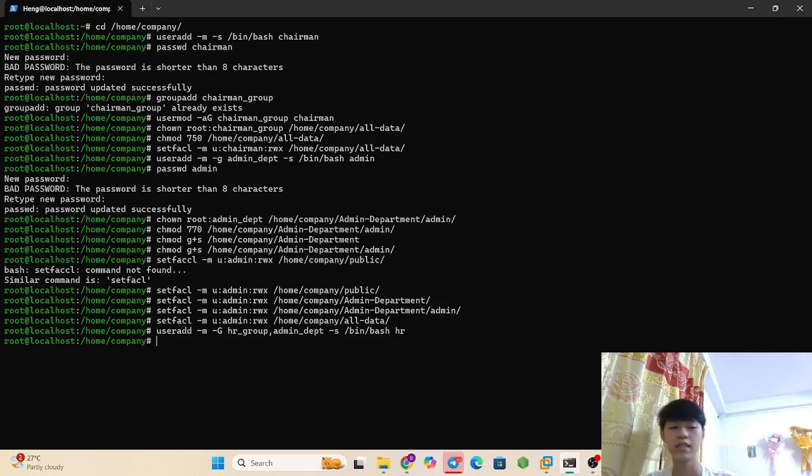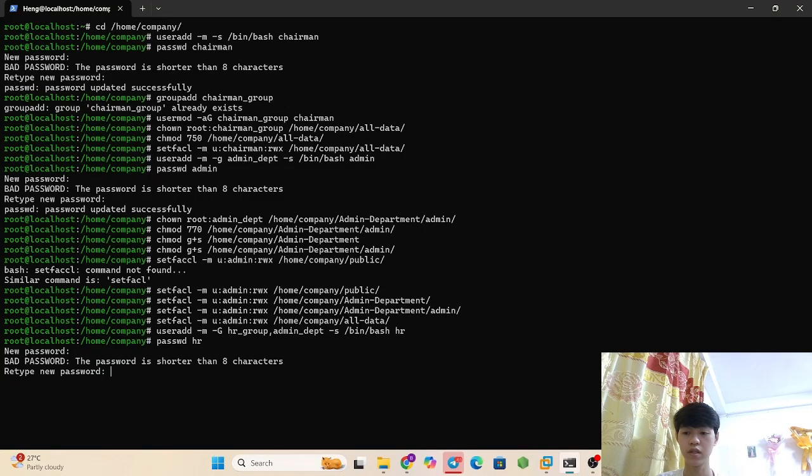I will set password for user HR. This command creates user HR in the HR group and admin department. As with the other users, we will add ACL and permission of execute file to HR2.